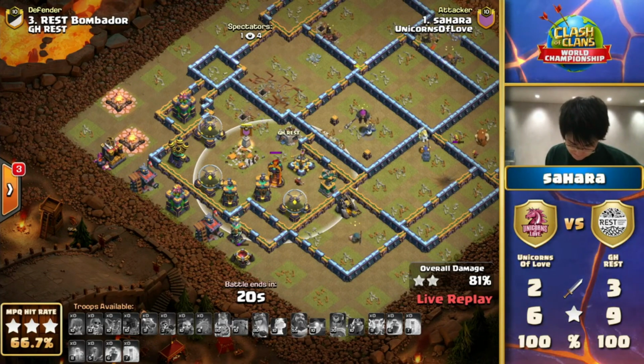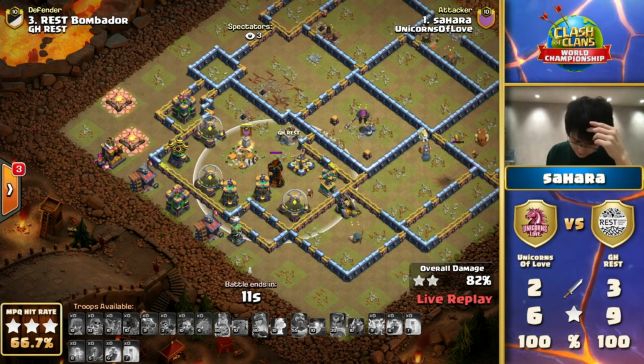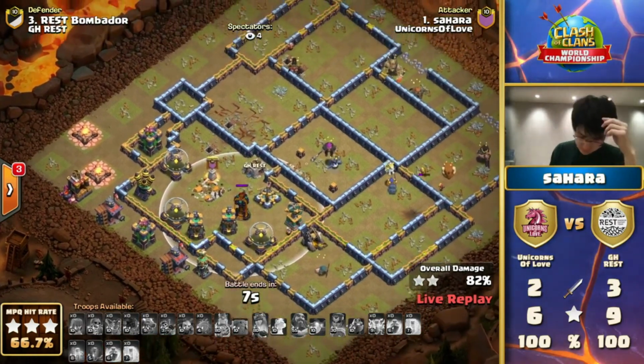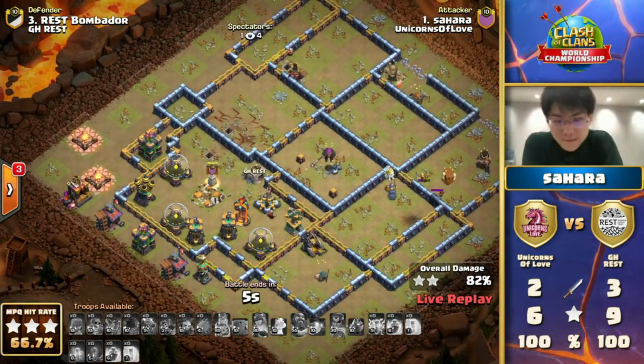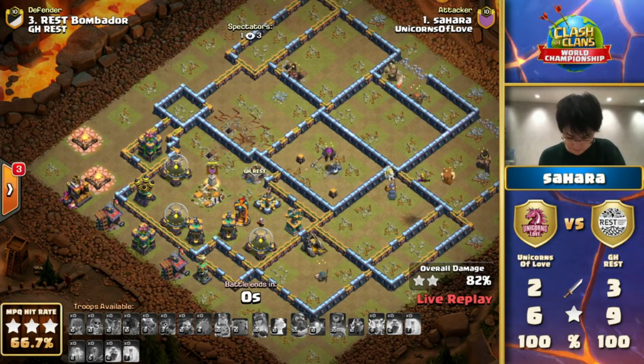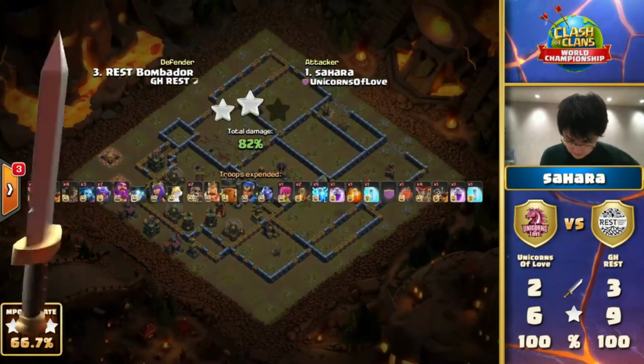And Unicorns of Love, they might be the #1 seed, but let's be real, Woody. Seeding doesn't matter when you get to this stage. You just need to win those wars. Once you are here, you're in the bracket, and GH Rest showing that that is all you need, because they have started out, well, with that 2-star, but since then, 3 stars all the time. They might be the underdogs, but they now take